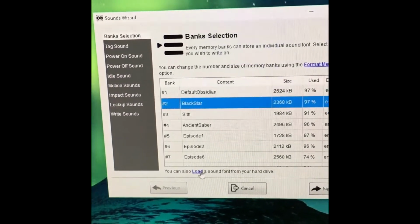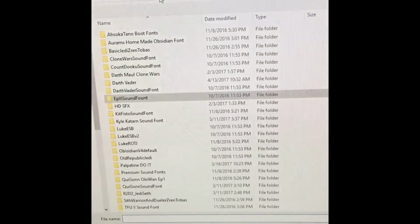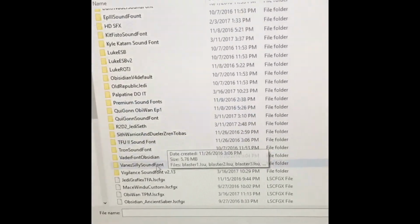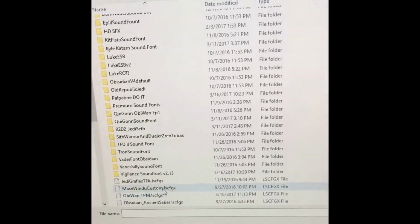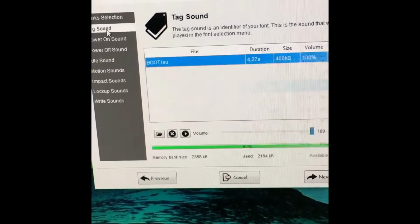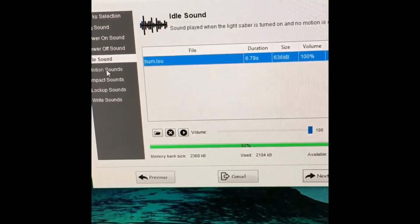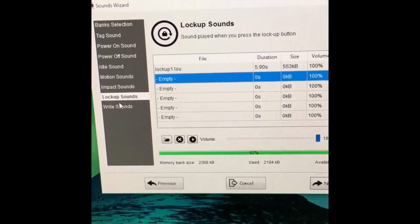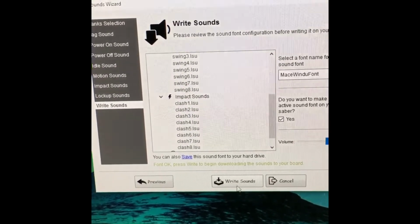So if you were to go here and click load, you'll see that I have some already saved. I've got a few here that I've made myself. If I wanted to load, say, the Mace Windu package that I created, you'll see that it's got something for each of these already that I have loaded on one of my other sabers. So it automatically puts those all in there, and all I have to do now is click write, and it